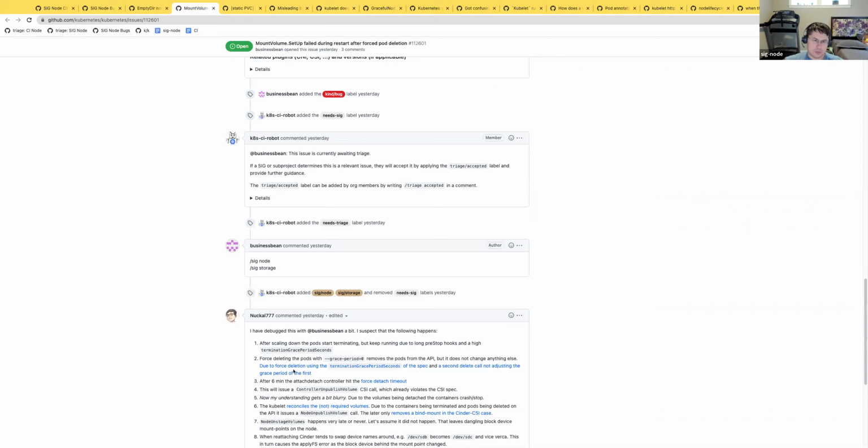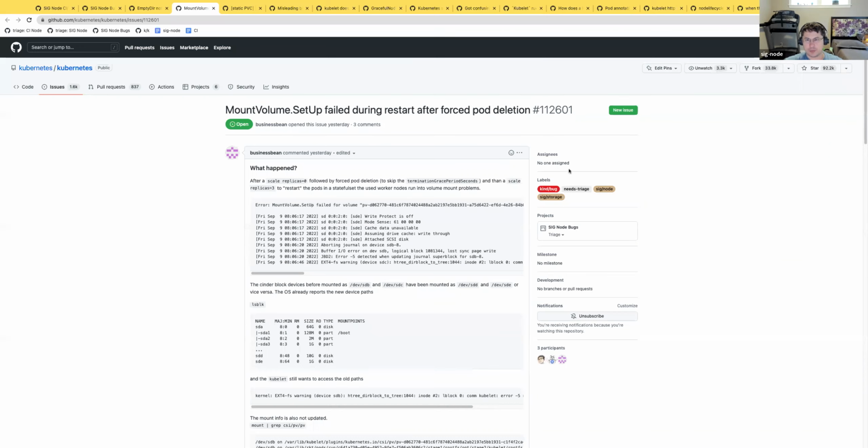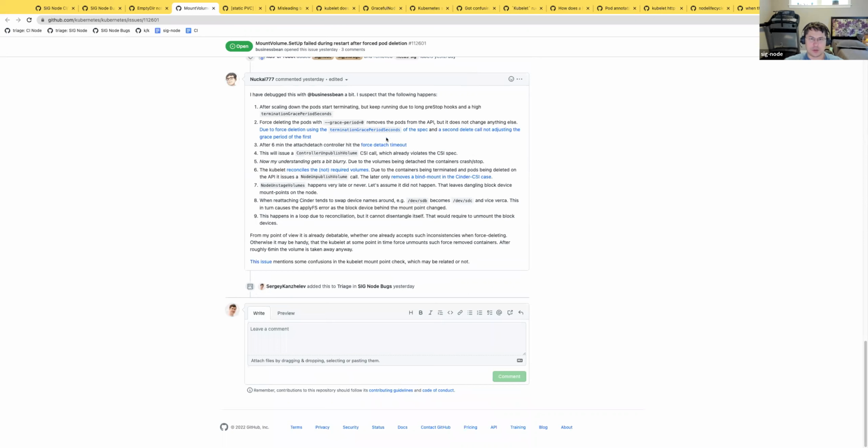So this person, like, I think this is some of the problem. So it starts deleting slowly, but then it somehow expedites deletion. I don't know. I would say it's SIG storage more than SIG Node, just to understand the right sequencing that we need. But we still may want to look at these bugs mentioned here.